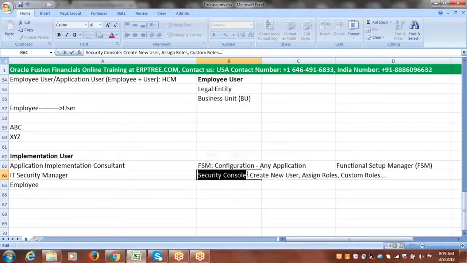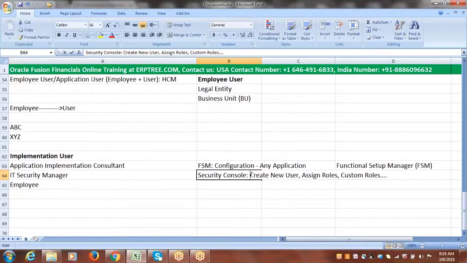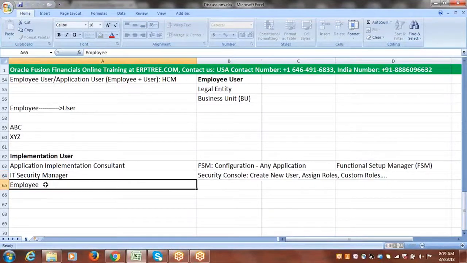If any user requires access to the security console, what we have to do is assign a role called the IT manager role, the IT security manager role, to that user, so that that user will have access to the security console, so that that user can perform all these activities. And